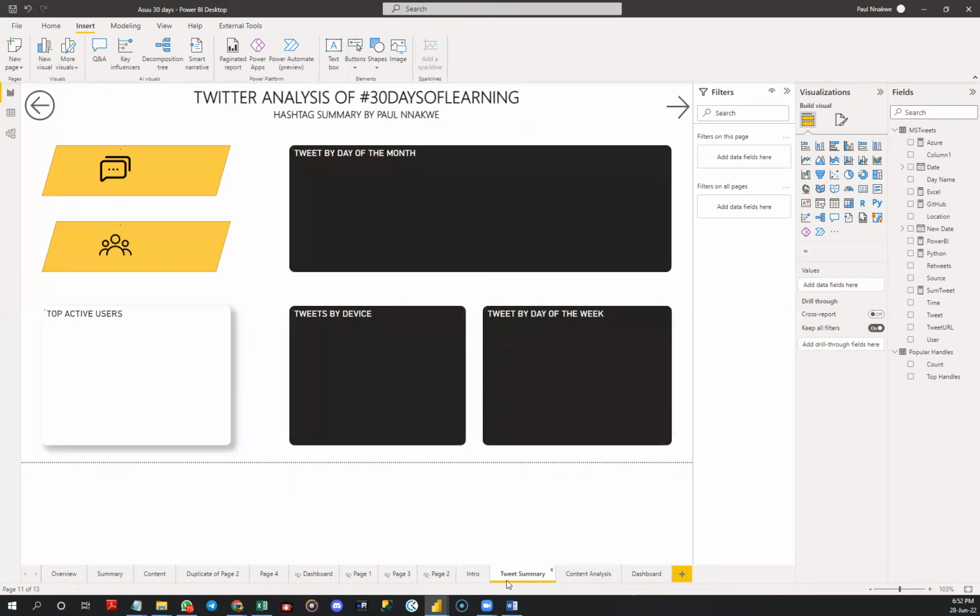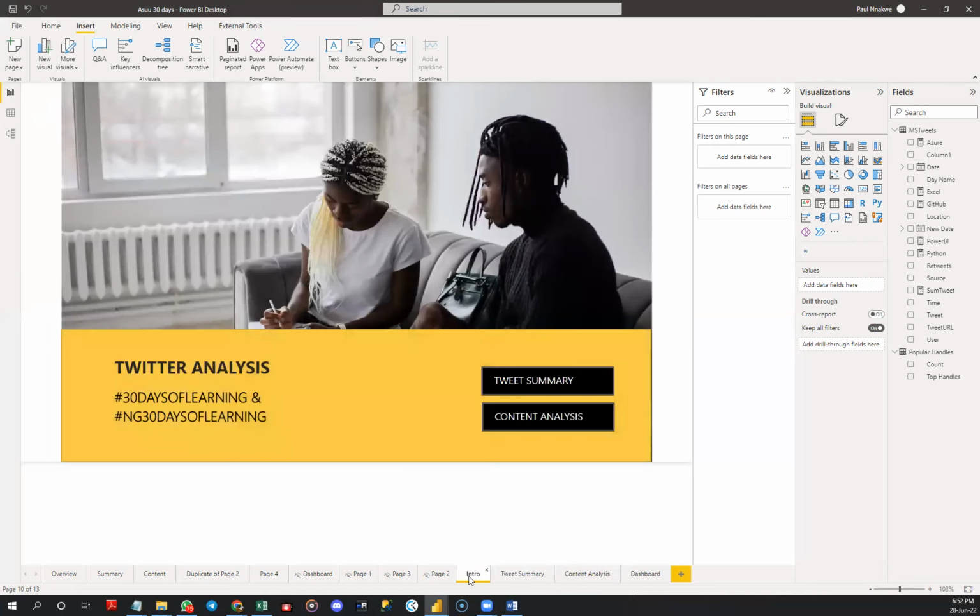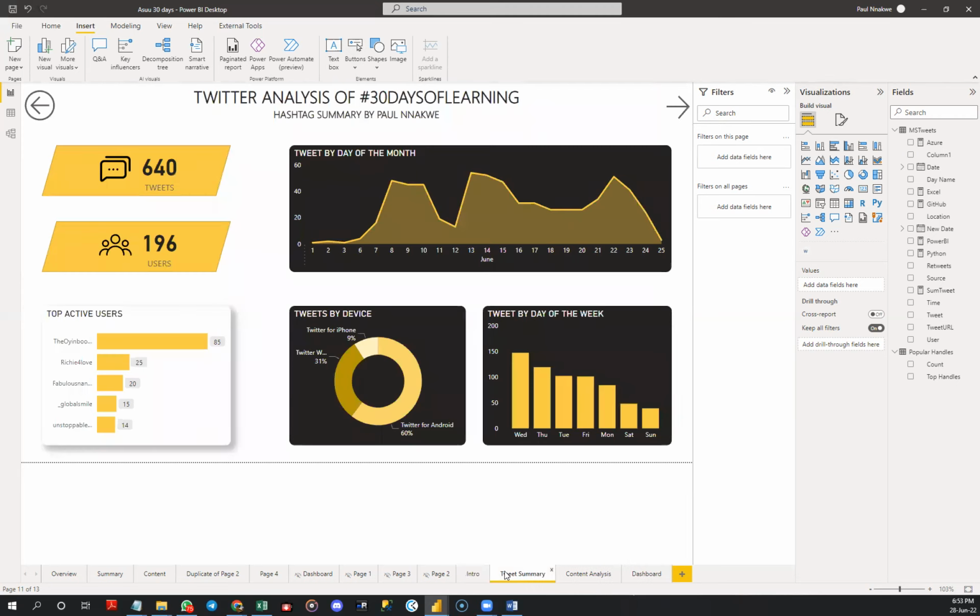So data storytelling with Power BI: once you have great reports, it's easy for you to convey your message to your audience and have them take action. Your stakeholder, in this case the organizers of this particular training program, might say, oh, 640 tweets is low for us. They might be thinking they've done more, but seeing it actually here, they might want to improve their marketing or their awareness campaign so that people can talk about it. They can also tell their students to engage more with the hashtag to tell the world that they are doing great things